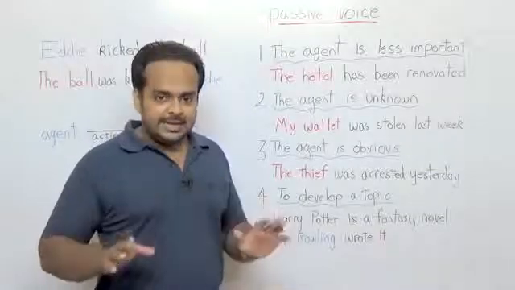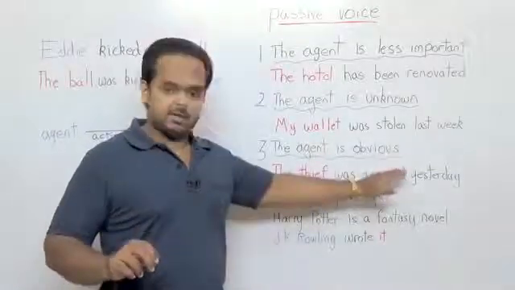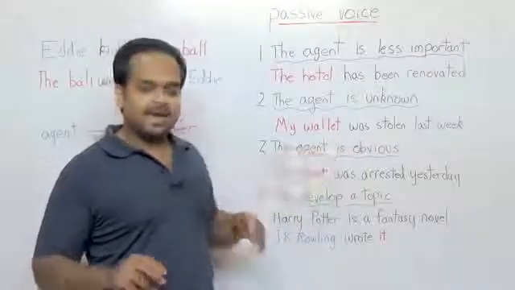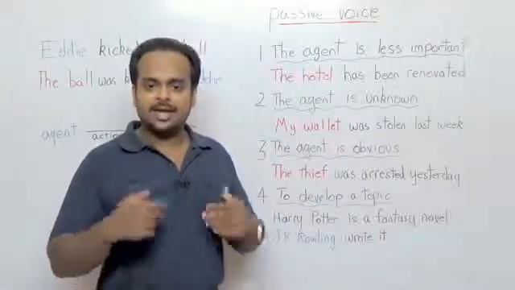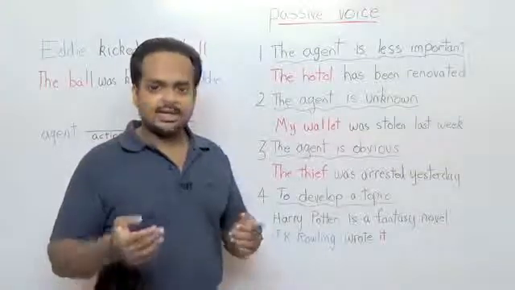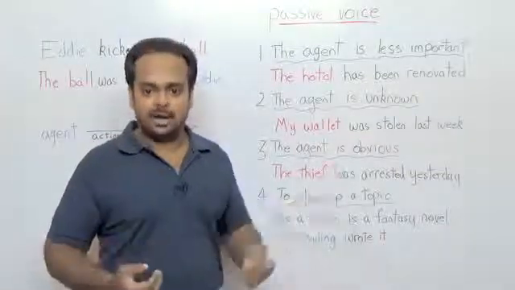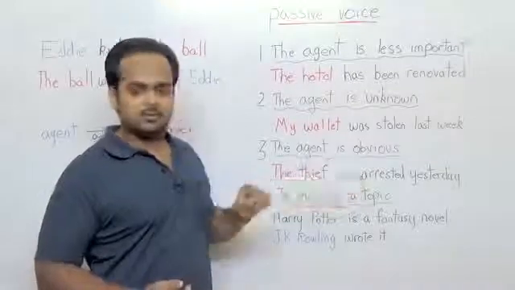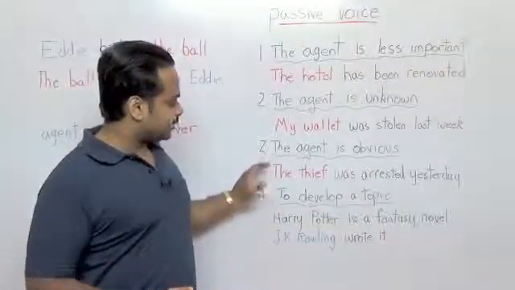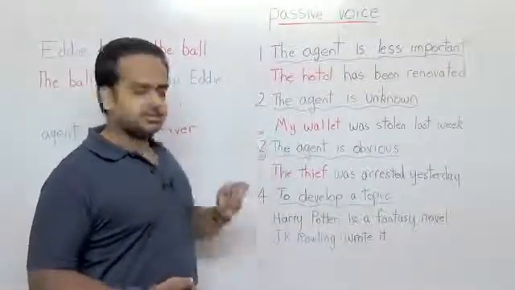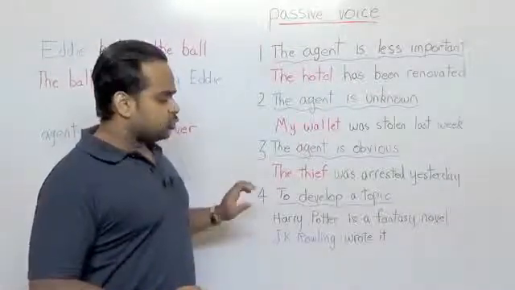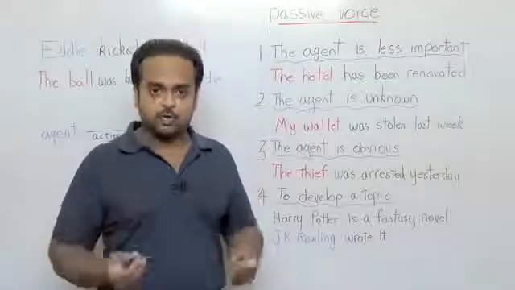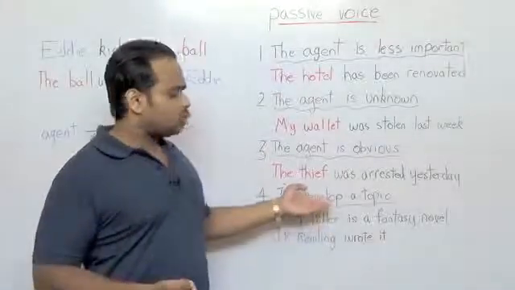So there's no need to mention the police here. That's why we're saying that the agent is obvious. That means the agent is clear and anyone hearing the sentence can immediately guess who did the action. So we can leave out the agent and we can write the sentence in the passive voice when the agent is obvious. All right, the final situation where we often prefer to use the passive is when we want to